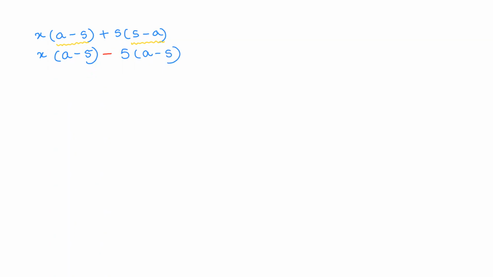So when a situation arises where you have to swap the terms inside the bracket, simply change the connecting sign, reverse it. Now we can take out a minus 5 common. It's a pretty easy question now. So (a minus 5) is taken out common, and what remains inside the bracket is x minus 5. I hope this was an easy one, right? Chill. Let's try another one.